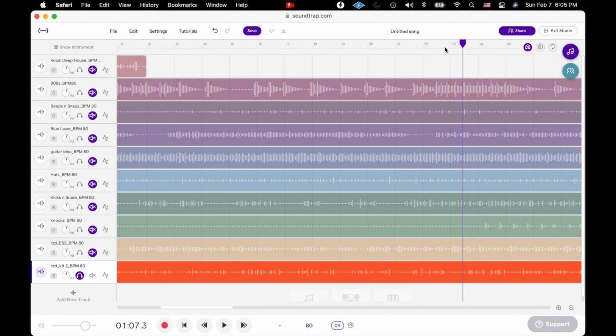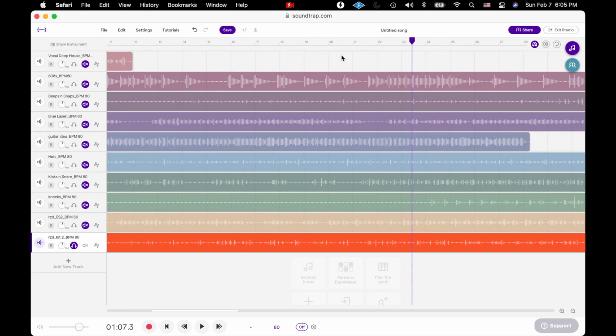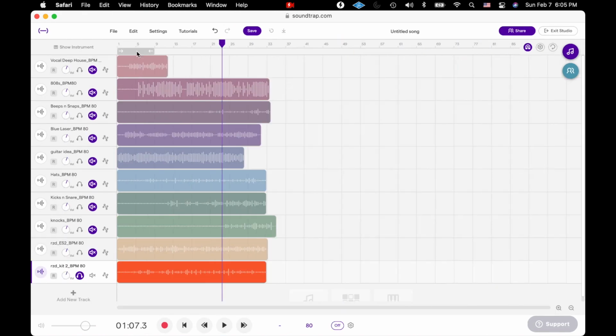Alright, I like something around there, but I'm going to use cycle mode in my cycle bar to help me find a loop that I really, really like. So I'm going to move this around, measure 20,